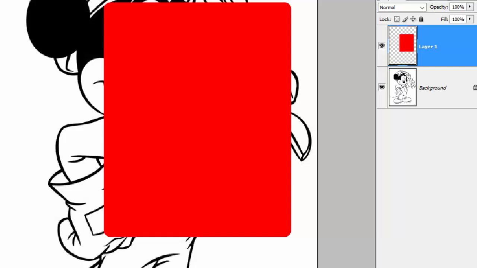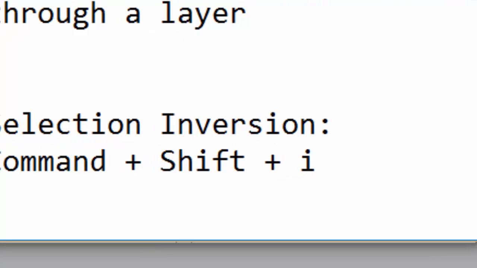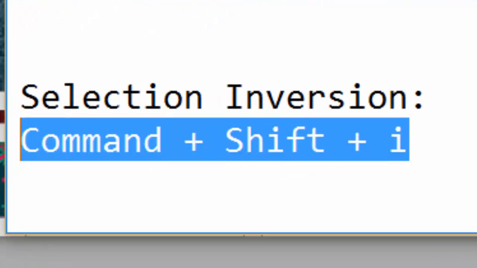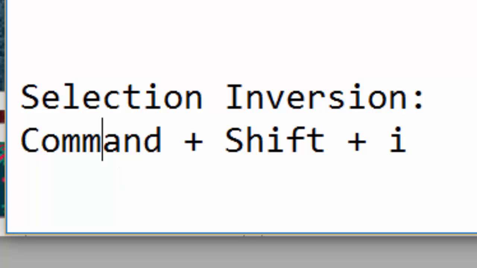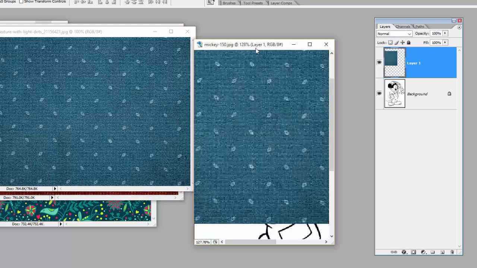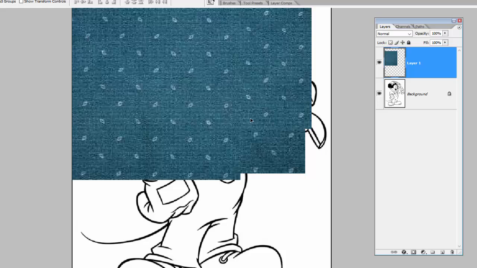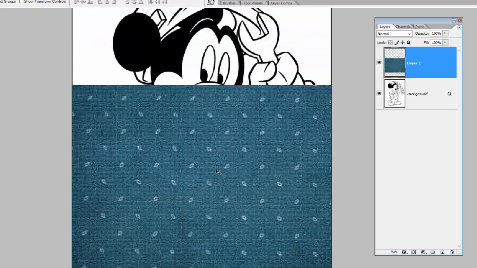You're probably thinking, that's nifty, but how does that relate to adding photorealism? Well, the third and final idea is selection inversion, which is Command-Shift-I on a Mac. We're going to want to combine opacity and selection inversion so that we can add textures to this, for example, Mickey Mouse comic. All right, so what I'm going to do is I dragged this sort of blue cloth layer